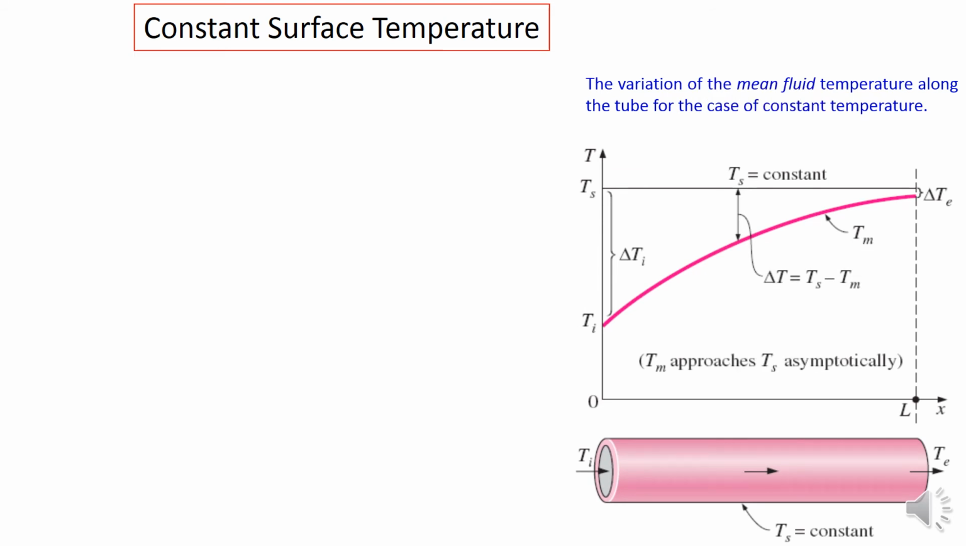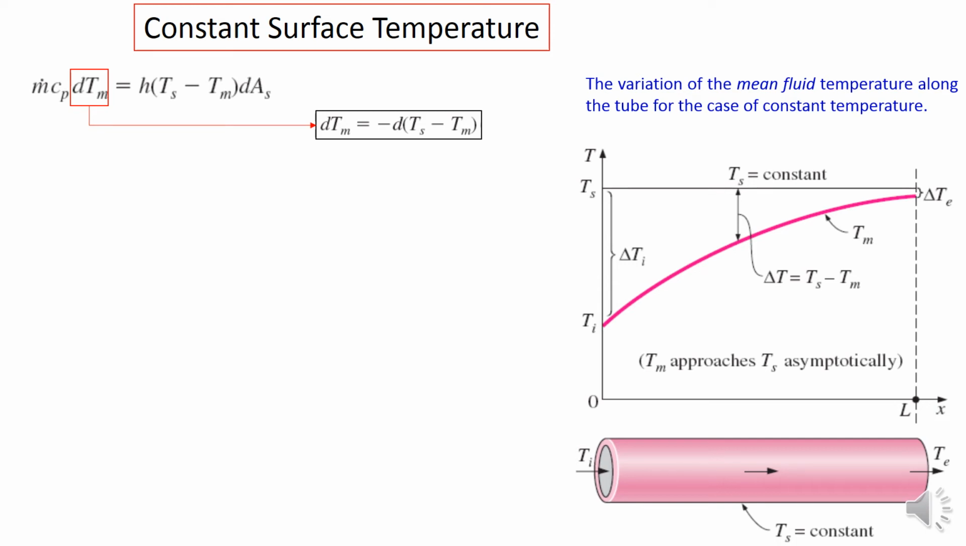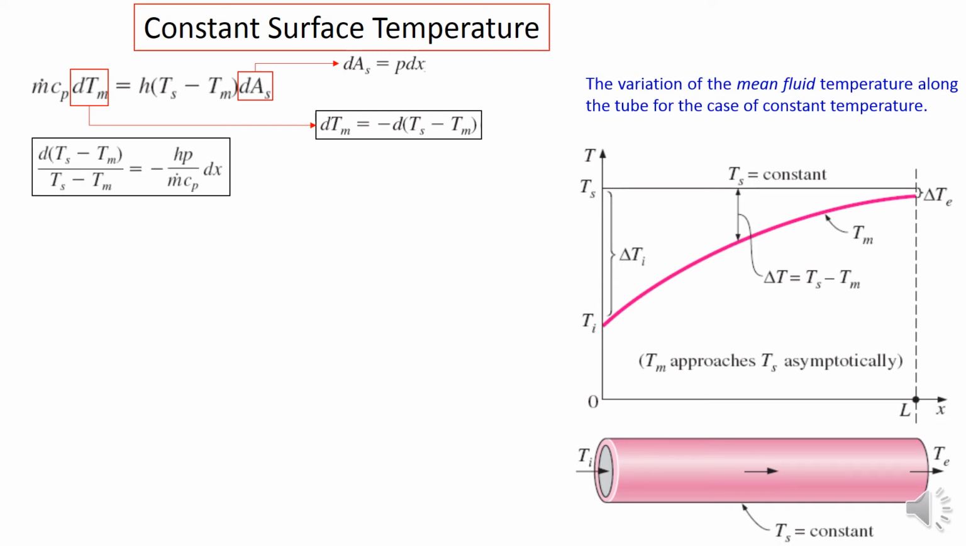So there is a figure of temperature versus distance x for the constant temperature boundary condition. The black line refers to the constant surface temperature, and the pink line is the temperature of the fluid from the inlet to the exit. From this relation, which we get from any distance dx in the tube, which I put in the red rectangle, we can expand it to the equation in the black rectangle, whereas dAs we can expand